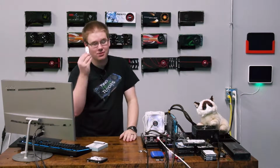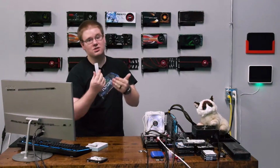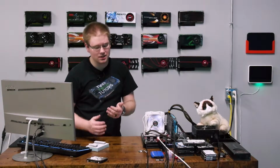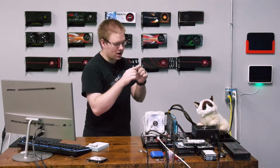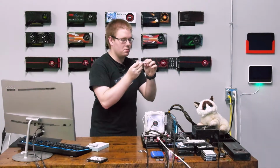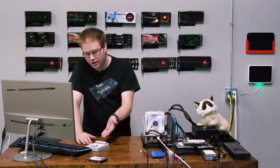So software encryption, no good. A computer can brute force it. Hardware encryption takes a real life person or a robot to sit there and brute force all the key presses. Maybe the device wipes itself after a certain number of wrong guesses. I didn't see that in the manual, but I'm sure it's there. And if you do forget your key, then it does say something about your unique device ID being printed here, and you send that to the company, and then they have like a master key that's unique to your device specifically. So I guess there's a bit of a security backdoor that way,